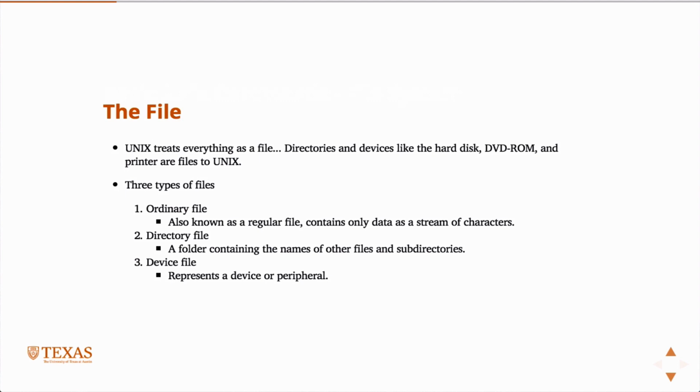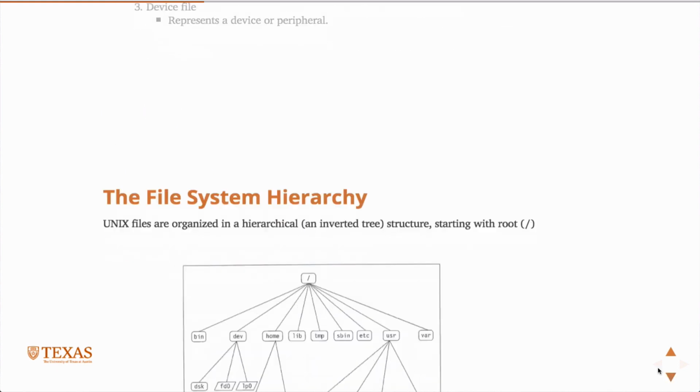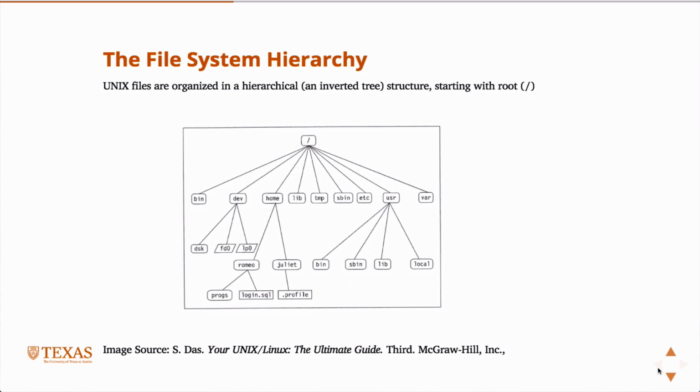So in Unix, which Linux is a variant of, everything is a file. So we have ordinary files. These could be text or binary files that run programs. We have directory files, and you have device files. So a device file would be something like a printer or something like that, possibly a hard disk. So everything in Unix is a file, and the file system is sort of this inverted tree where at the